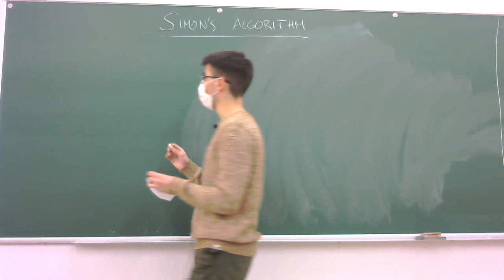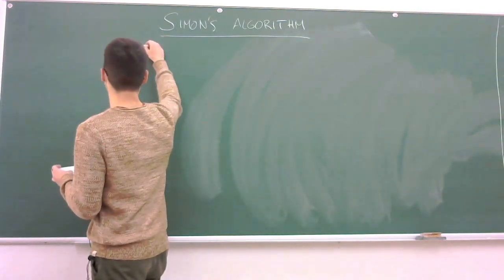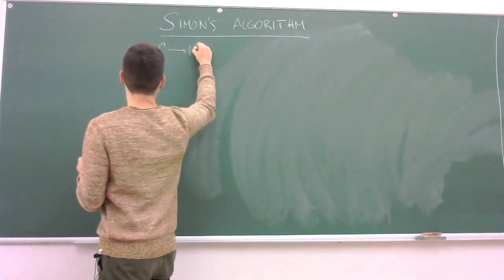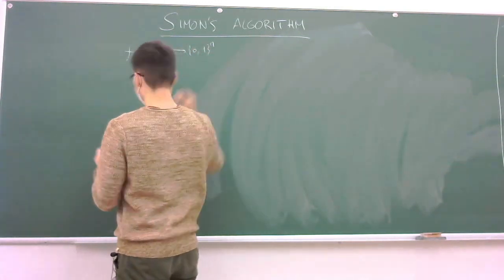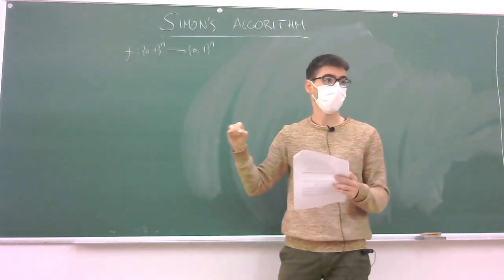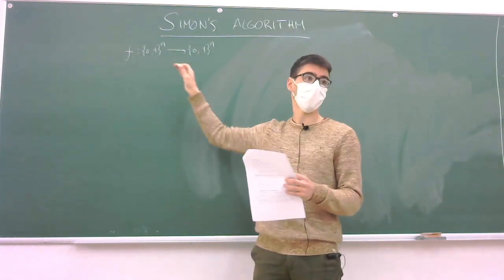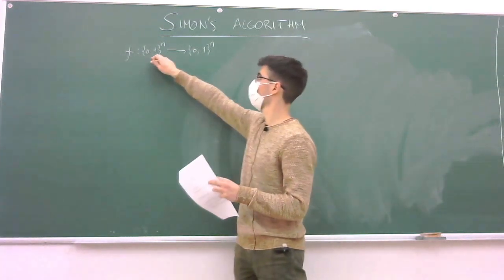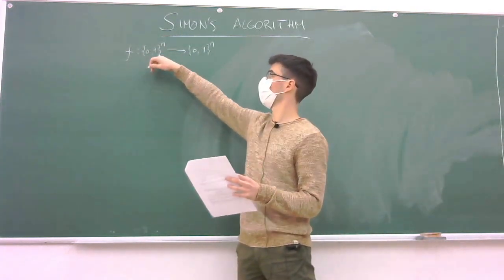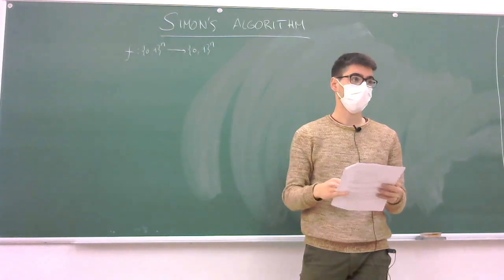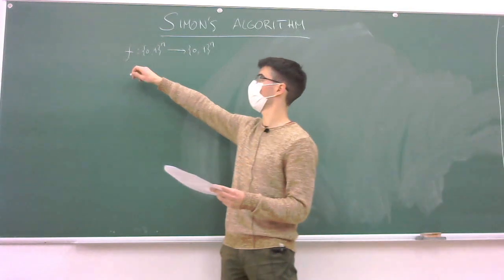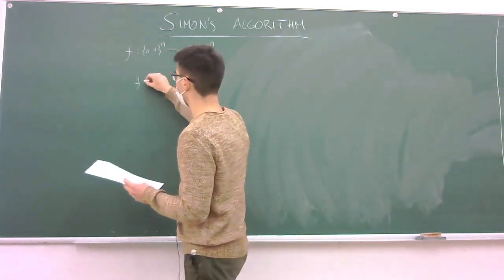The problem is that we are given a function, also in black box form, but today's function is not an n to 1. The size of the bit string, the input and the output, is not different. Now they have the same size. So we are mapping the space of strings of zeros and ones to the same space. In Simon's problem, this function can be one of two kinds. It can be one-to-one,